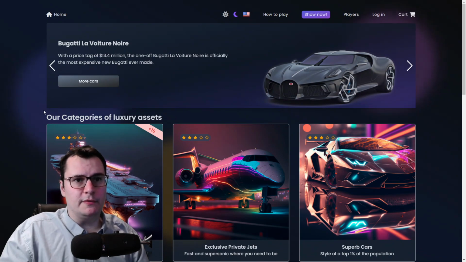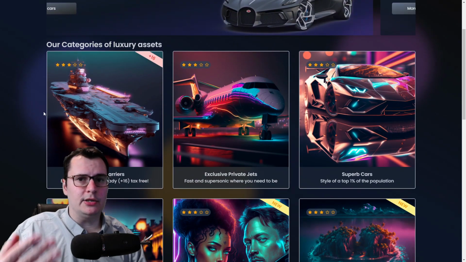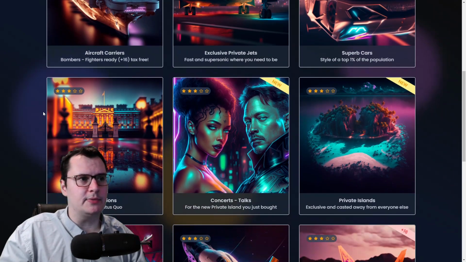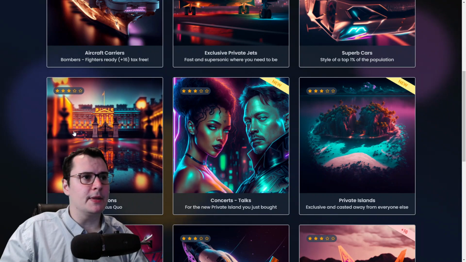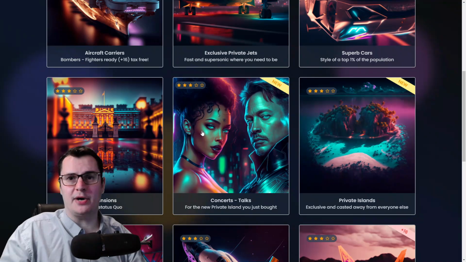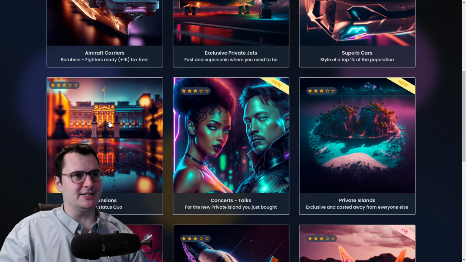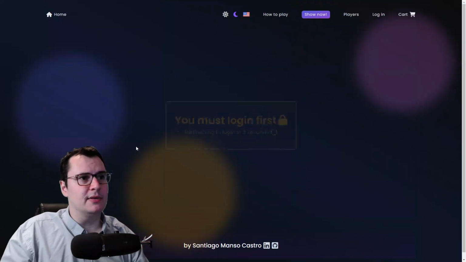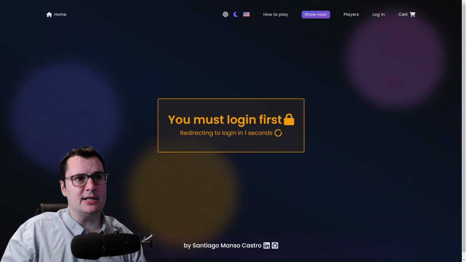As I mentioned before, the idea is that we can choose a billionaire and use their net worth as our own budget, right? So, for example, let's say that we want to buy a mansion or a private island, and then we can buy some private concerts from artists, right? So let's check, for example, private mansions, and we are going to see a message saying that we need